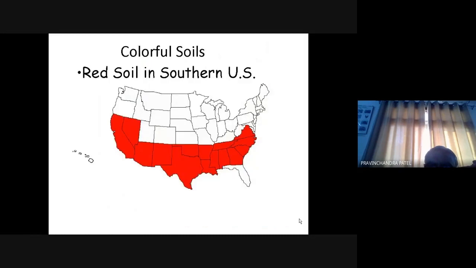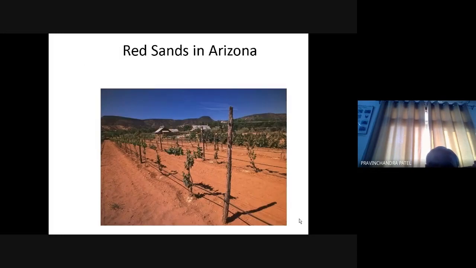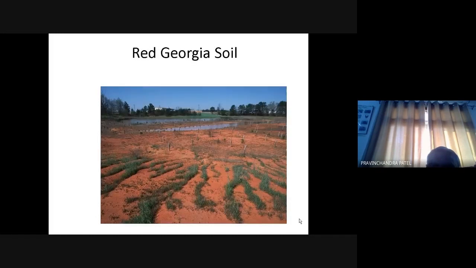So it is a red soil in southern United States. So you can see that it is a red soil. In our India, some type of soil is also present in South India, red soil or laterite soil. So red soil sand in Arizona, in USA, you see. Then red